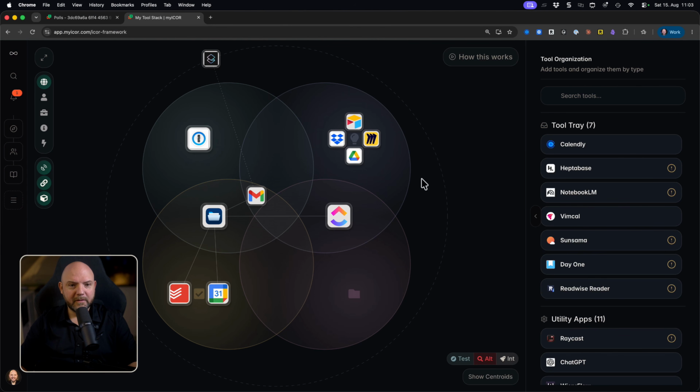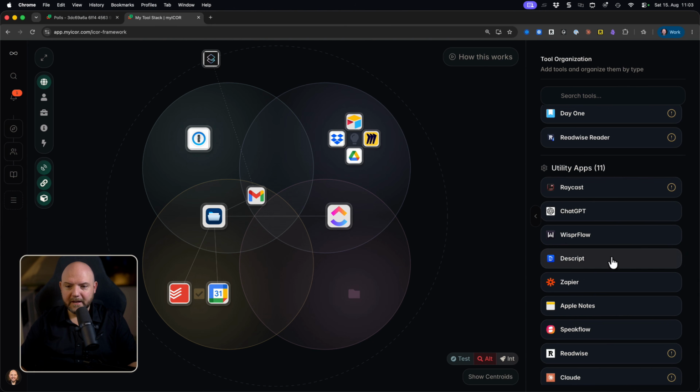So to explain this principle, inside our membership we have this Venn diagram, where our members can search for the tools that they are using, and then lay out the tools on this Venn diagram, and each circle represents one specific part of a productivity system. That's a tool we have had for a long time. I built this one year ago, and I remember very well how tough it was to make an interactive Venn diagram like this. That's why I thought, let's not recreate this, but actually make something different. Let's make square corners on the side of a Venn diagram, and let's see what AI can do.